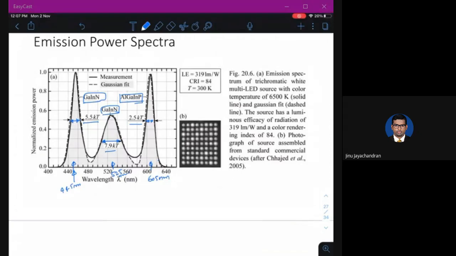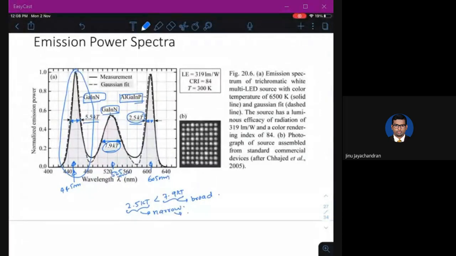Why are we looking at that? Because we want this peak to be as narrow as possible, so that you will have the emission at this exact wavelength. You can see that this value is 2.5 kT, this is 7.9 kT, and 2.5 kT is less than 7.9 kT, because of which 2.5 kT is narrow, and this is broad.